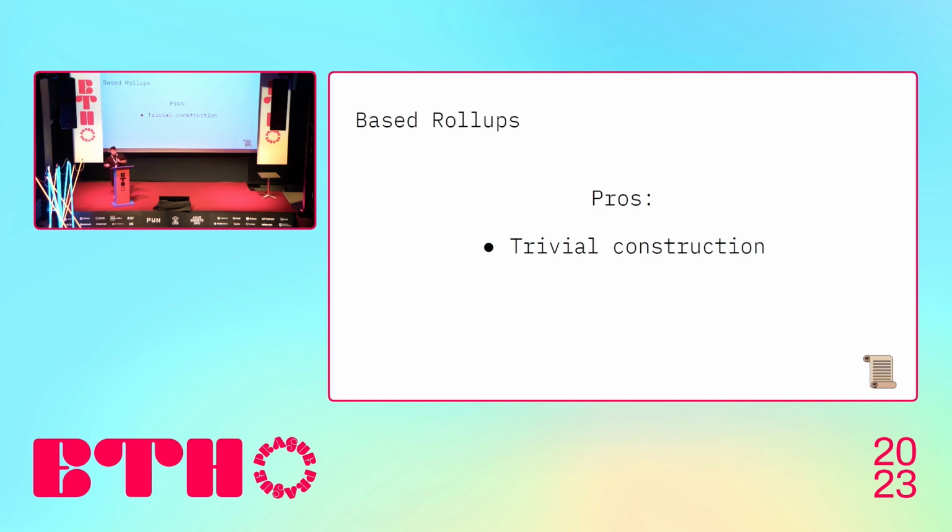All the complexity is passed on to the searchers. And two, there's quite a tight integration with Ethereum, and therefore you have quite strong real-time censorship resistance guarantees and quite strong liveness guarantees. And you don't need to add any fallbacks or anything like that to your bridge. But there are cons, unfortunately, as well.